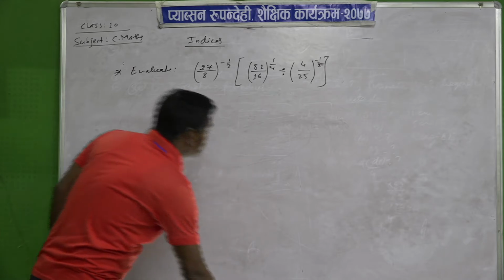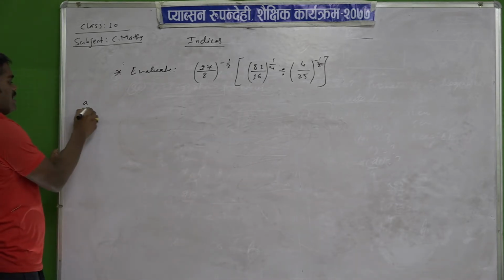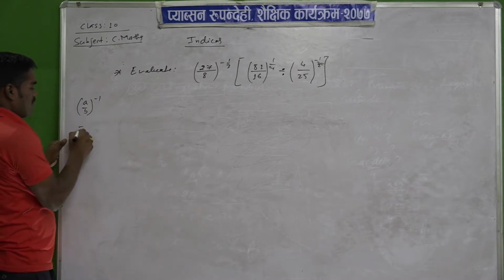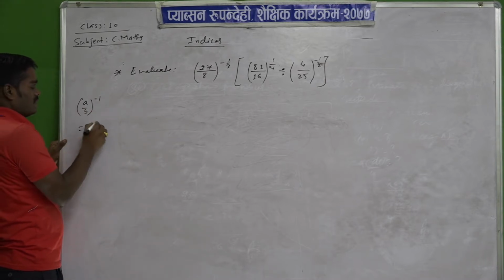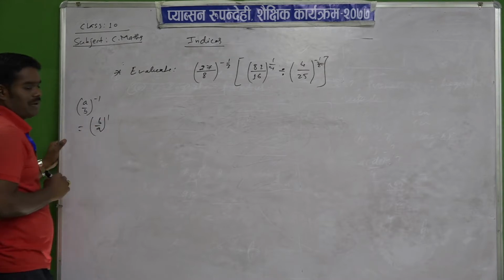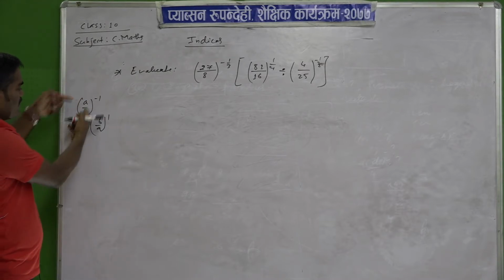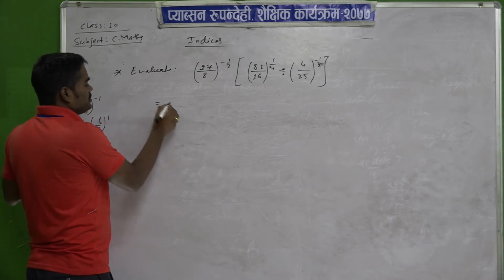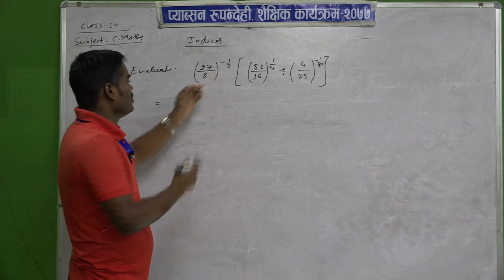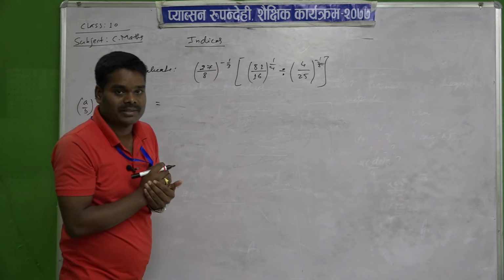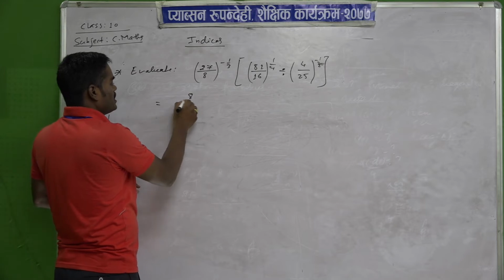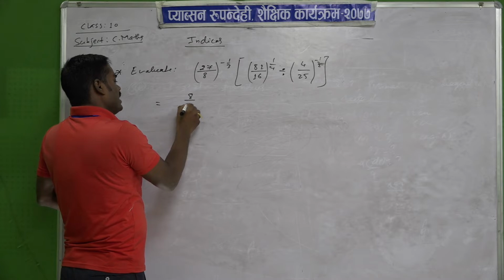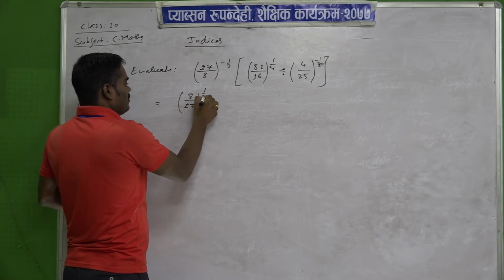One thing you have to understand in shortcut form: if a by b is given with a whole negative power, to make it positive, this will interchange inside. So, we can write b by a whole power 1, this negative sign became positive while we interchange the things from numerator to denominator. So, first here there is a minus power. If we interchange, then minus became plus. So, you can write 8 by 27, now it became 1 by 3.